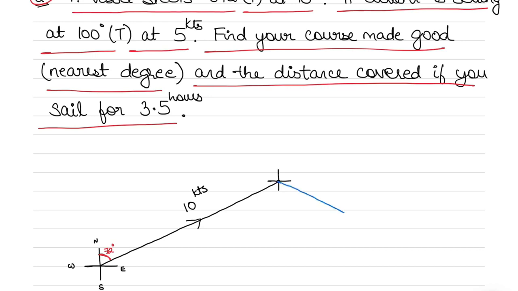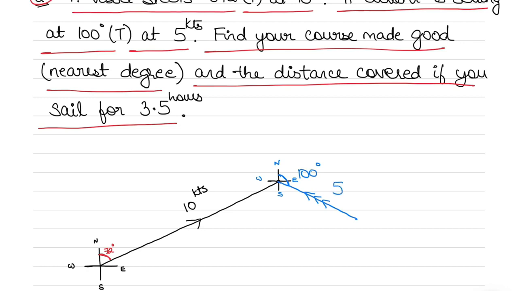All right, this is 100 degrees true. Now why is this 100 degrees true? Because again, if I call this north, I measure out this angle here, this angle is 100 degrees true. So this is 100 degrees true. 90 degrees is from north to east, and then further from east going towards south we have another 10 degrees. So total is 100 degrees, and the current is setting, denoted by triple arrows, from 100 degrees true, and